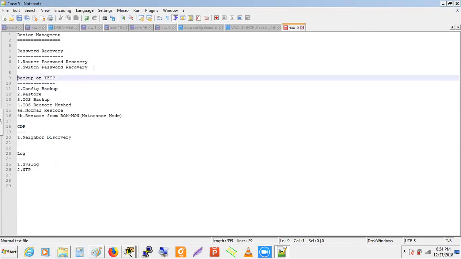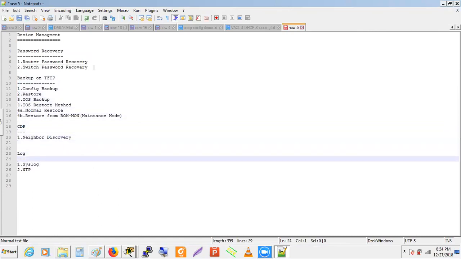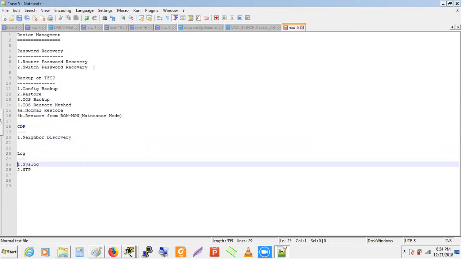Okay. Next we have backup methods, the different backup methods that we will see. So before going to backup methods,